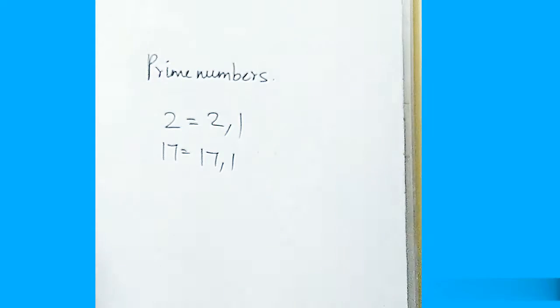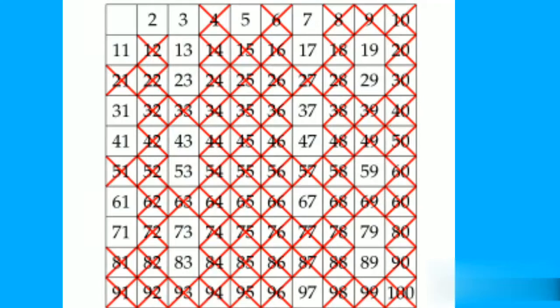This type of numbers are the prime numbers. So to find the prime numbers, there is a technique or a method to use, that is the sieve of Eratosthenes. What the sieve of Eratosthenes is, is that it is the actual technique. You will cross out all the numbers which come in the table. Like if I take the 2 table, I will cross out its multiples. If I am talking about the 3 table, I will cross out all the numbers except 2, 3, 5 and so on, because those are the prime numbers. We cancel all the numbers.